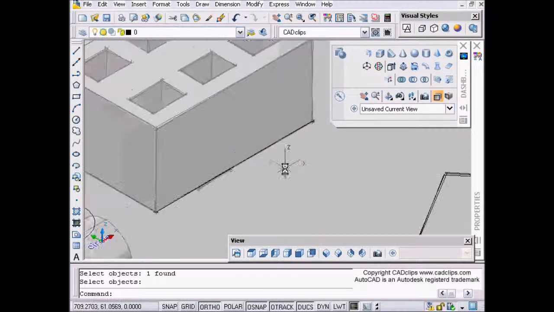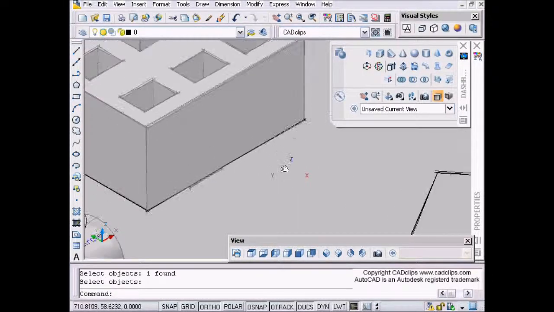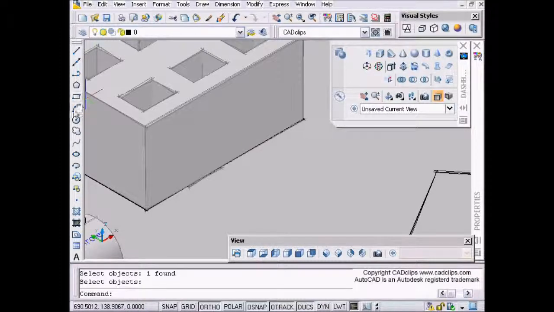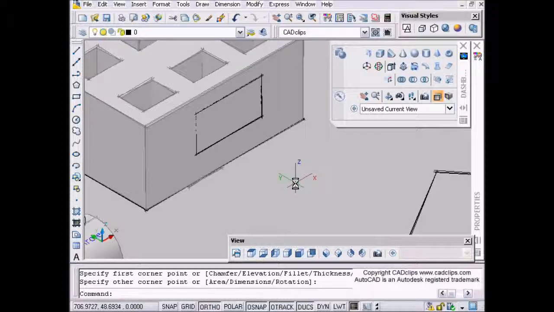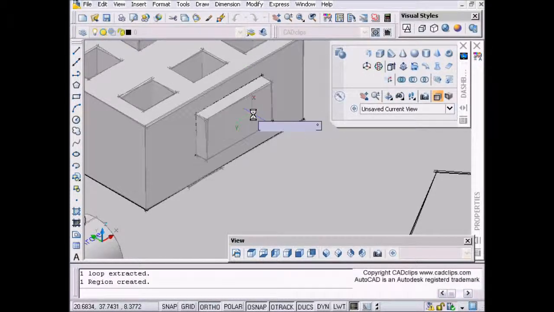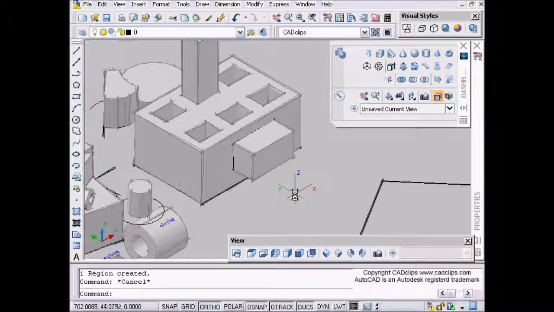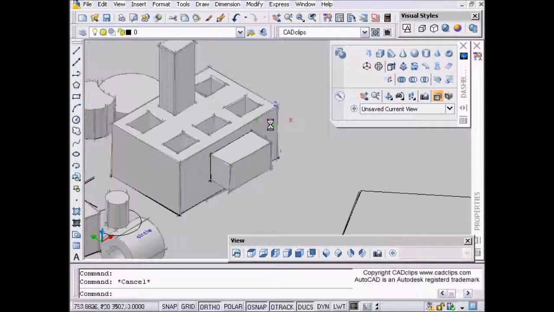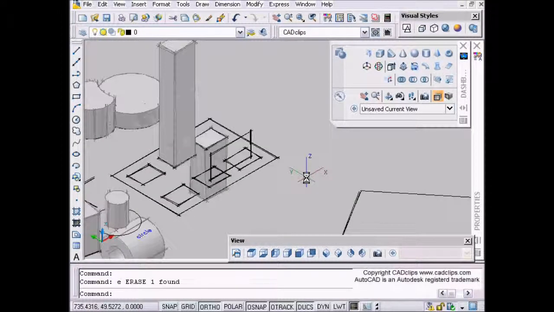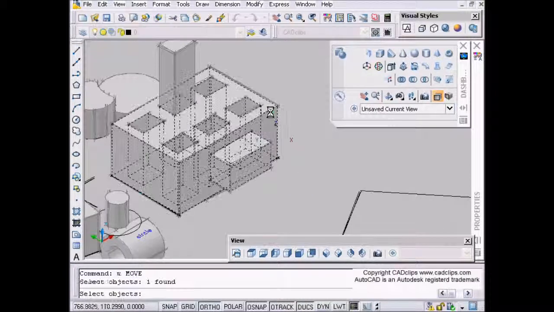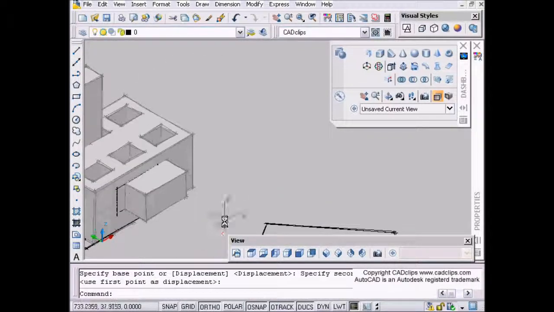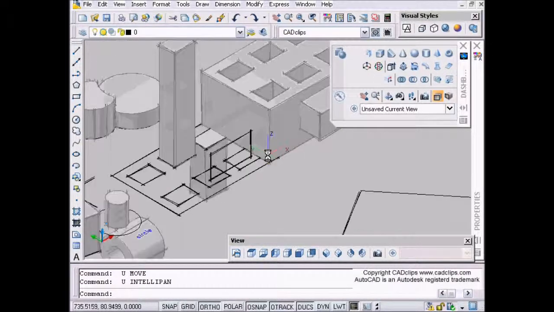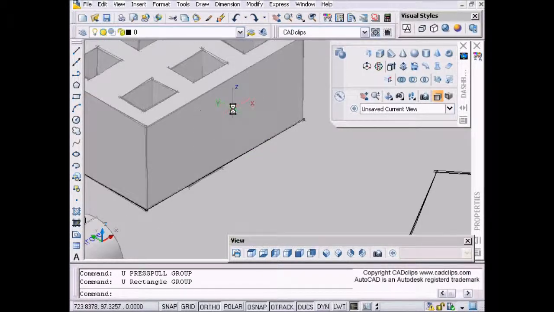The other thing I noticed while I was preparing for this lesson is a difference here. I wanted to show a little bit about the push-pull. Notice I had a separate object there. First I used my dynamic UCS, drew a rectangle there, and then used my push-pull and pulled that out. One thing I want to note is that when you do that push-pull, that is all part of that one object. If I move this, that all gets moved as one object, because I did a push-pull off of that surface, as opposed to, rather than drawing a rectangle and push-pulling it,